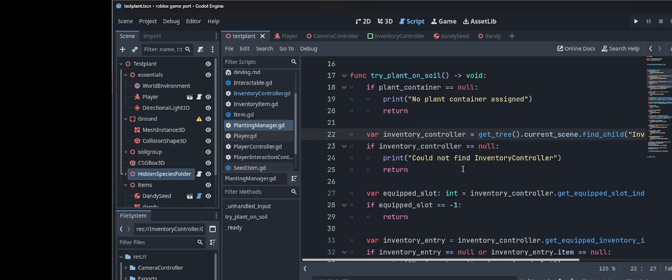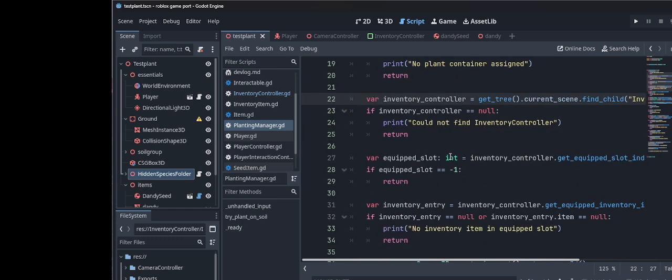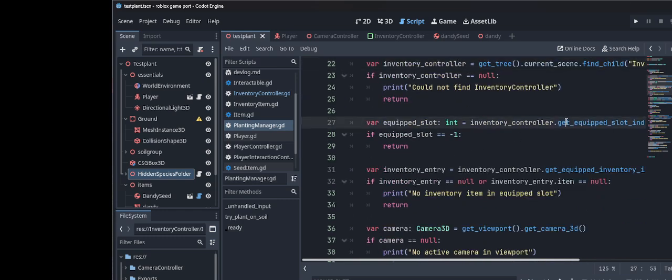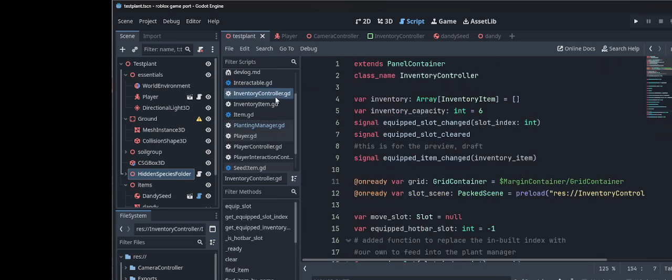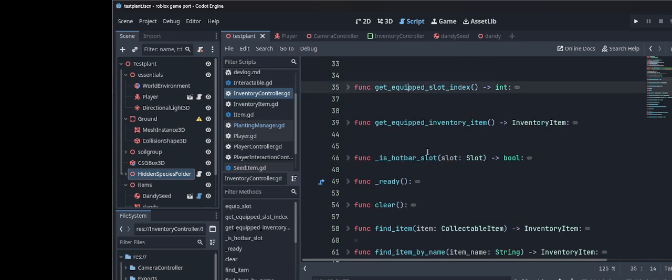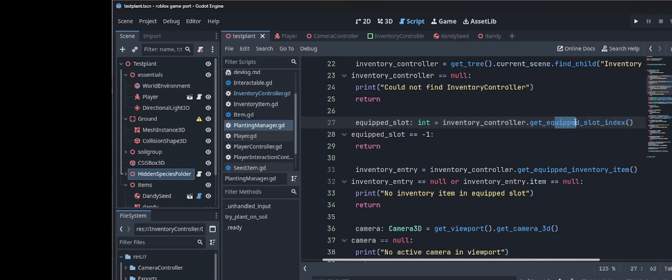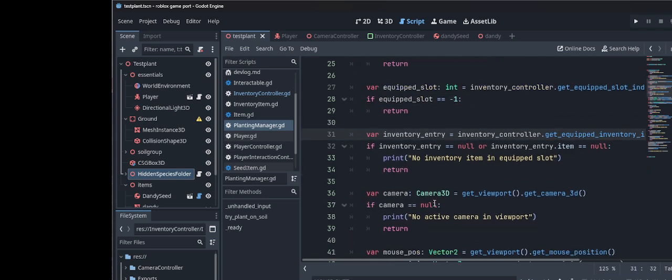Anyways, so then I go into my inventory controller. I get the methods that I've defined at the top here, get equipped slot index, get equipped inventory item, these methods. So I go and call them here, right? I get the index, and then I get the item, and